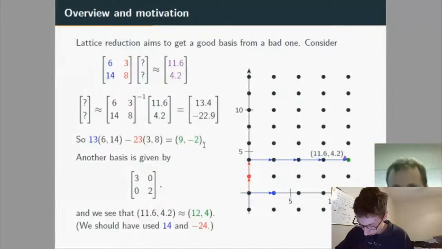Multiply 14 negative 24 by this public bad basis, and you get out 12 comma 4, this little green dot. Don't share the green dot because then people could multiply by the inverse of that bad basis and figure out 14 negative 24. Just perturb it ever so slightly so that I, with my good basis, can very quickly find